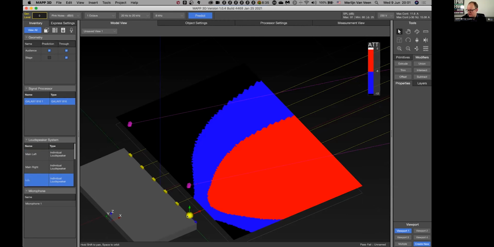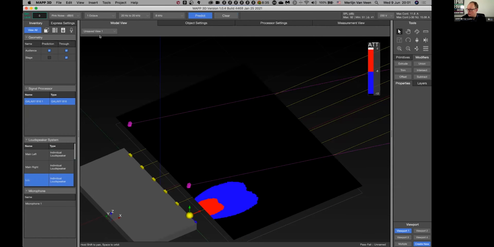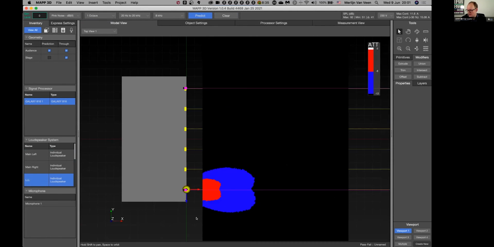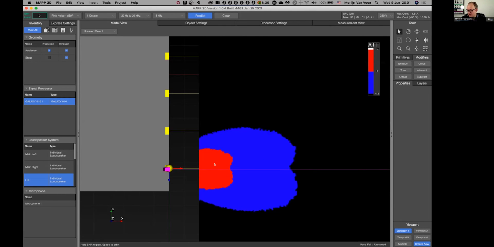I could also select the front fill and repeat the process. If I now select that front fill, then we're going to see a prediction for that front fill exclusively. And since we set our scale to only show 2 shades, that is to say red and blue, we can see the people that are in the custody of that front fill within 6 dB of variance or less. By the time we see a contour and we see a change to blue, it means that the level has dropped in excess of 6 dB, and that is about the time that the other front fill needs to take over, such that its red color kisses the color of the other guy at the midpoint in between them,